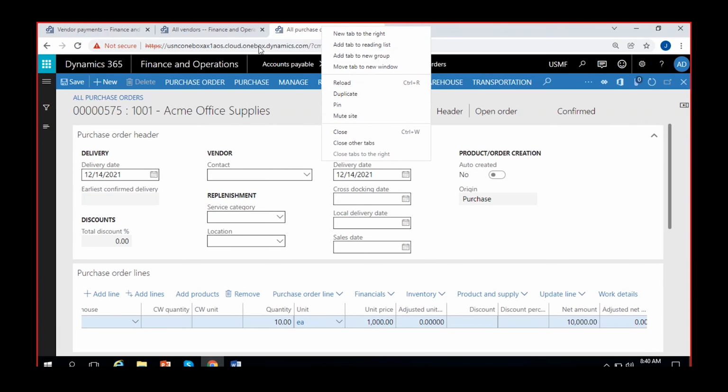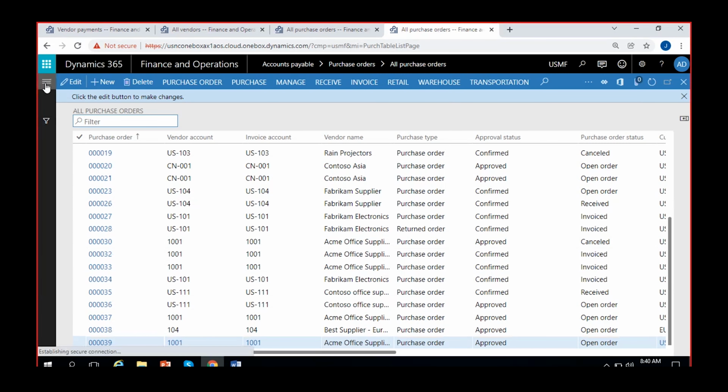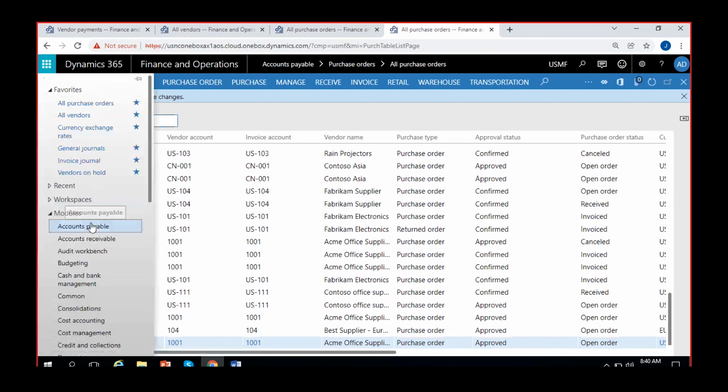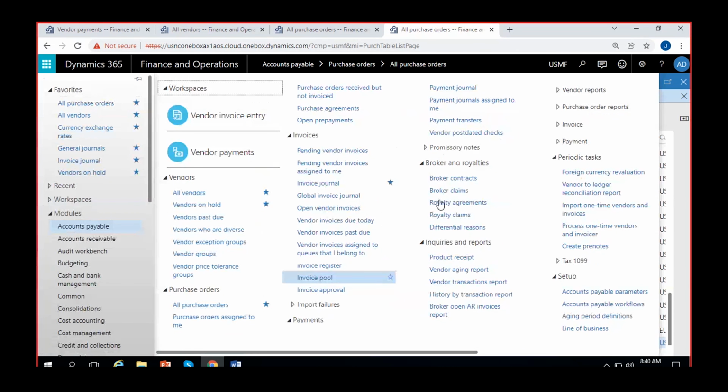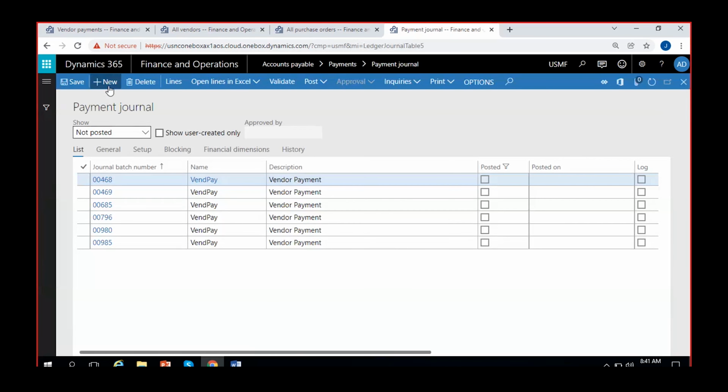So I'll just duplicate the tab. I'll go to the vendor payment journal and make a payment to this invoice that we have created for the 2000 amount. Which means that we are going to pay the vendor for that invoice of prepayment. So here I'm going to accounts payable, go to payment journal, create a new payment journal, select the vendor lines,